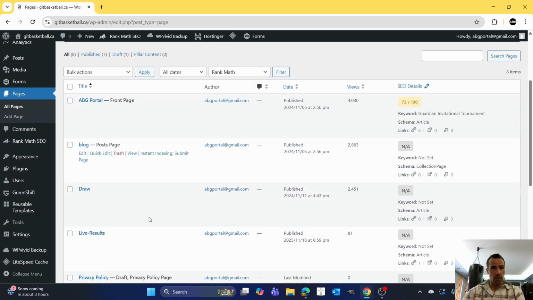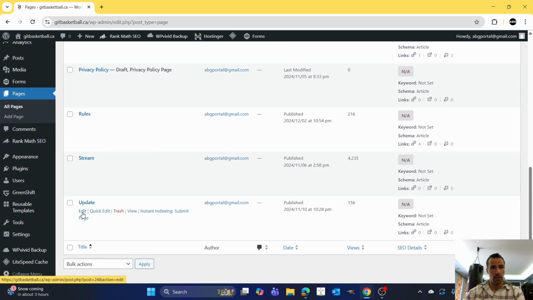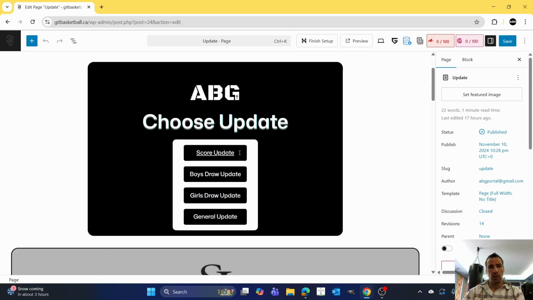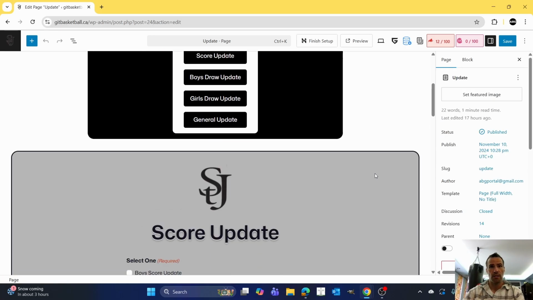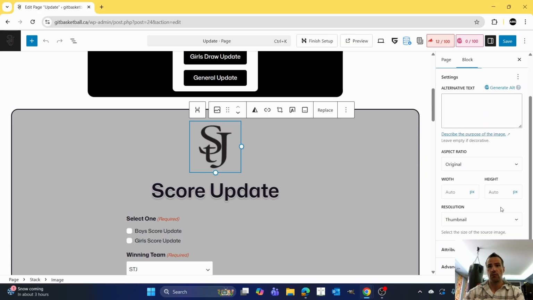Let's go in and take a look at, yeah, we'll do the update page again. So this is, I guess I'll quickly show you how I did jump to a different place on the page. So under the links, you use the number sign and it'll look for that anchor on the page called score update. So what I did is each image right at that section, if you scroll down on WordPress,